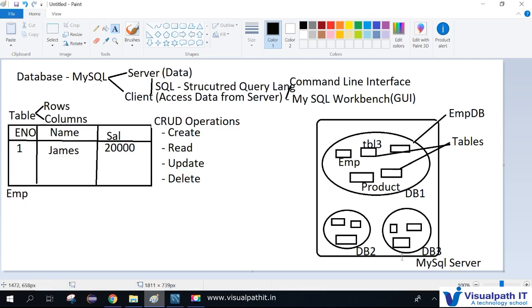So likewise, we have a better picture right now. One server and multiple databases. Within a database, we'll have multiple tables. Within a table, we have multiple rows. Rows are like 1, James, 20,000, whatever we gave. Likewise, we'll have multiple rows within database tables. So now we have a server ready, and we have a DB ready, and now we need a